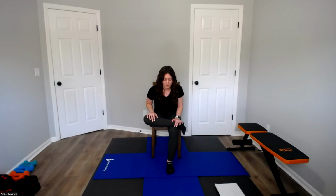Let's add a forward lean with that chest, bringing that chest down towards our thighs, making sure that that hip still stays nice and open. One more breath here. Exhale, sitting up,